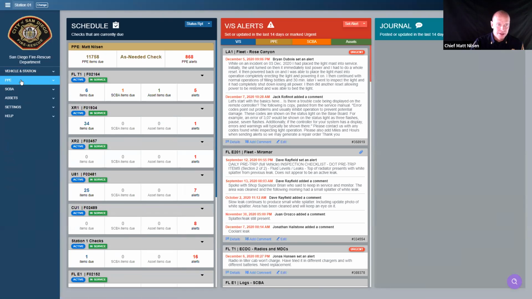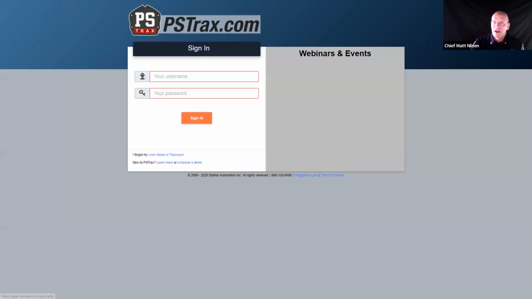Let me go right into PPE. So this is the personal protective equipment right here at the top. I'm an administrator. We are in the middle of an advanced inspection. I'm going to first off talk about my personal stuff though. So this is not me. I don't have 868 things wrong with my rig or with my gear. Actually, if I log out and log in, Pete,